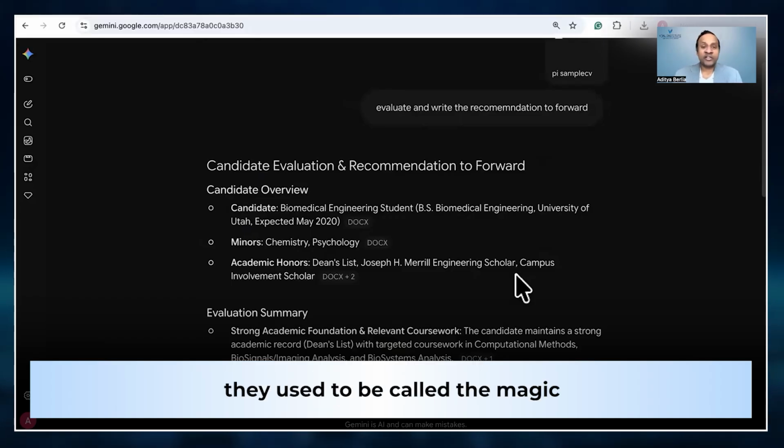A year ago, they used to be called the magic whisper words of AI. Anytime you're talking to an AI, you could say a series of words or phrases in a particular order that would jailbreak them. We have amazing people on X who do this professionally, and we see these jailbreaks come all the time, but they're much more complicated now. But it's still an issue, so please be safe.